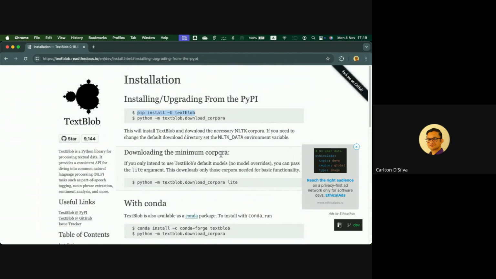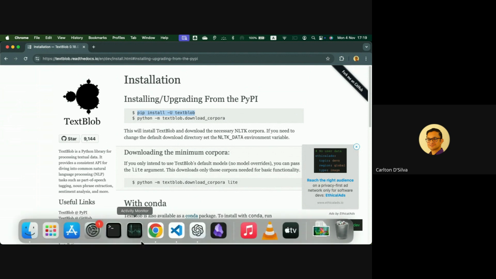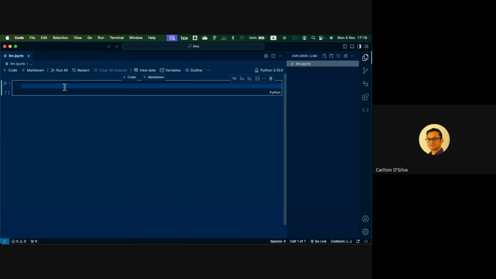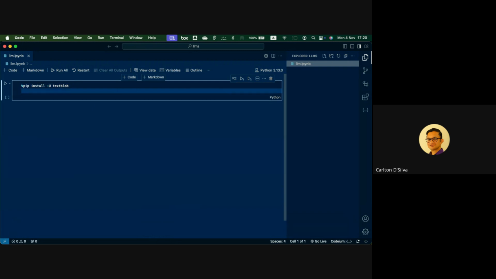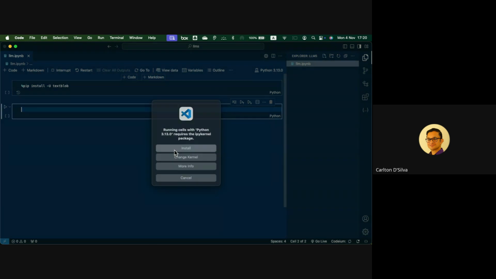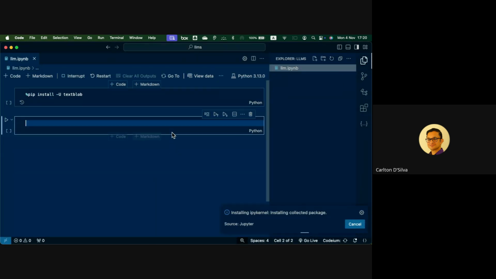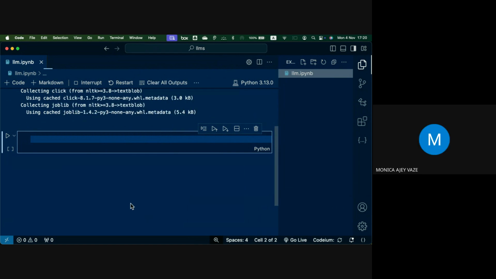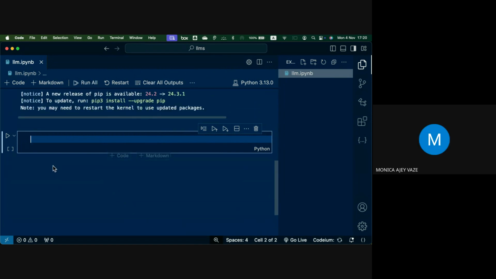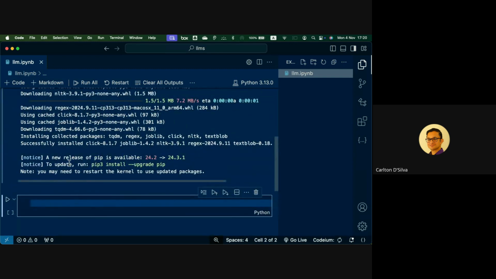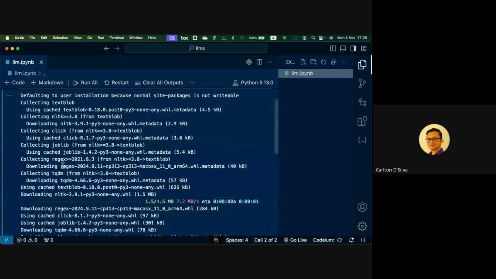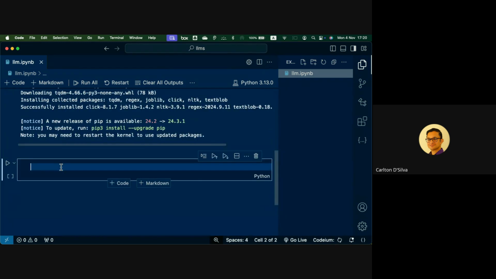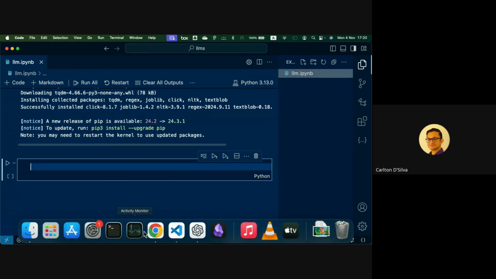Sorry, it's at the very top. So we'll need this, and so that's what I'm going to do. I'm going to pip install that. Is that better in visibility? Yes. Okay. So we got TextBlob, and then the next thing we need is, I think, just to say import TextBlob.